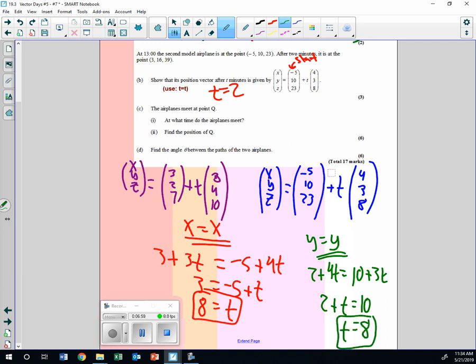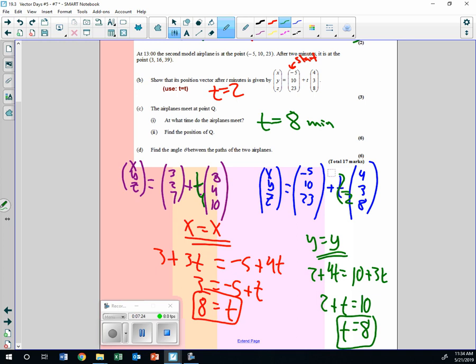Did t equal 8 for the z's as well? Yay! So therefore we know the time when they meet is t equal to 8. Now let me warn you, this is if you know they meet. If you're not sure if they meet, then you need to call this t1 and t2, and you have to do like we did with lambda and mu and solve for those, because they may not